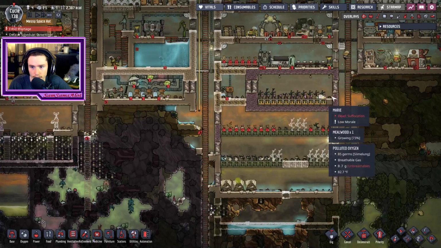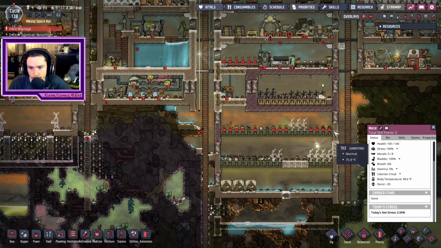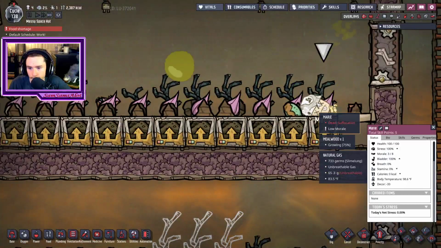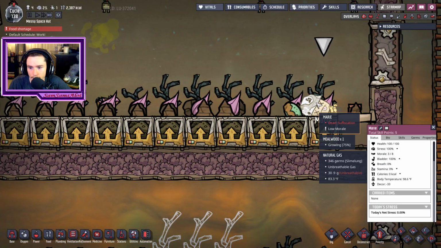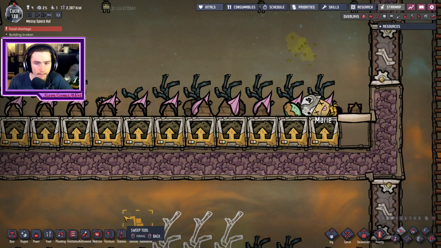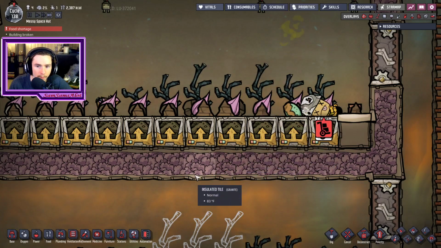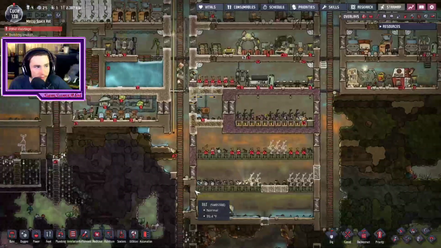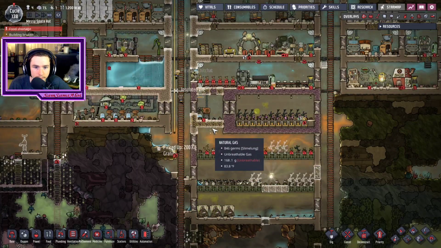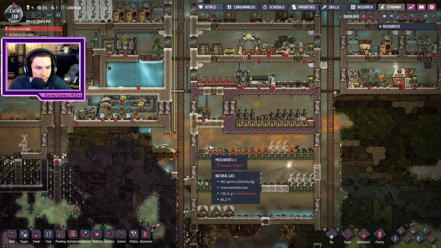Like, there's a body right here, but they refuse to touch it. Maybe someday they'll take care of it. So this is gonna be a little pointless now, but